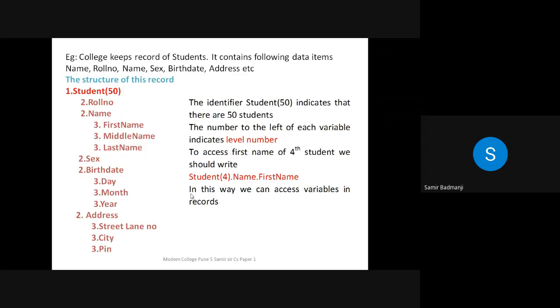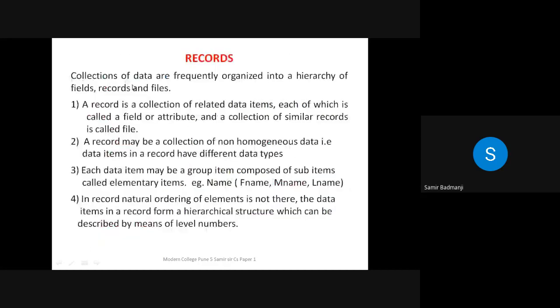Now we'll take an example of a college. You can give any example while writing the paper. A college keeps records of students. It contains data items like name, roll number, sex, birth date, address, etc. Now the structure of this record is like this. See, I have shown level numbers.